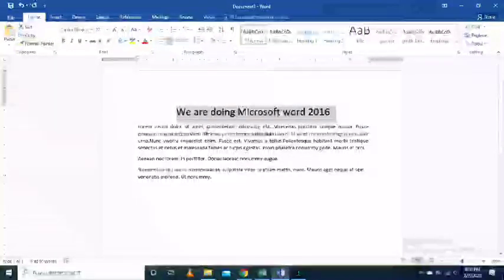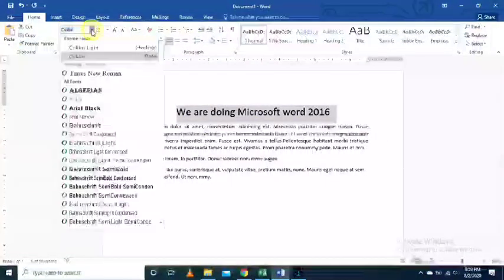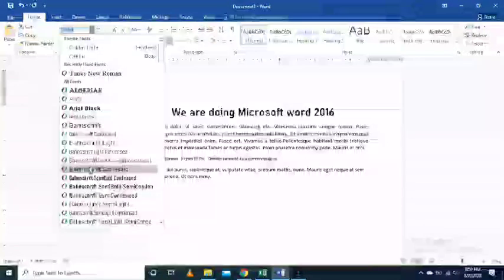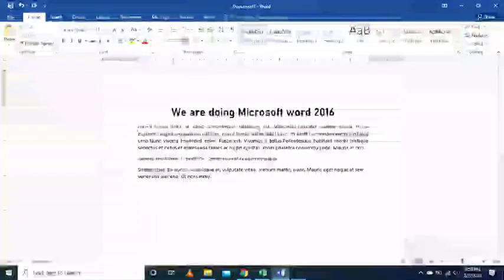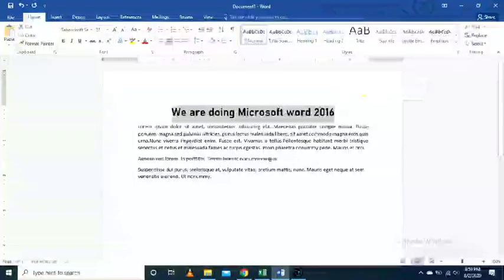In order to change the font style, what you have to do is select it, and from here you can change the font style. Whatever font style you want, you can just select that particular font style and it will be changed. If you want to change the color, same thing, select it.